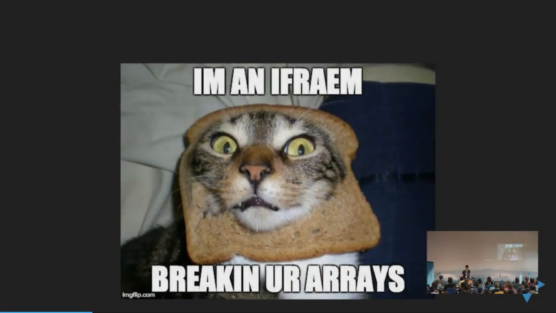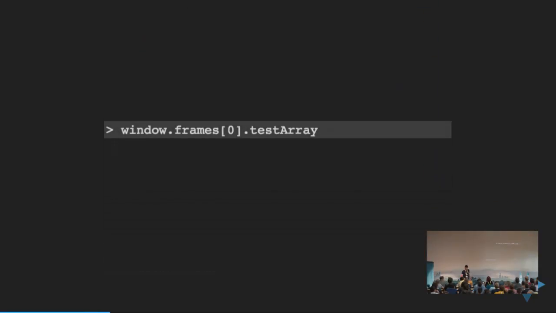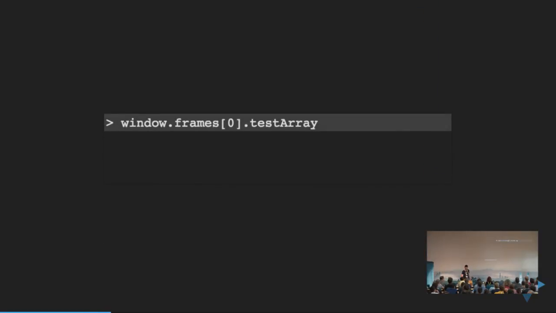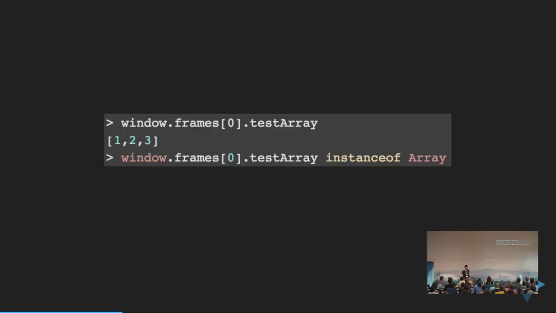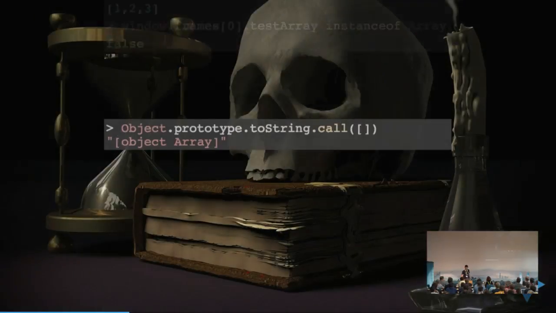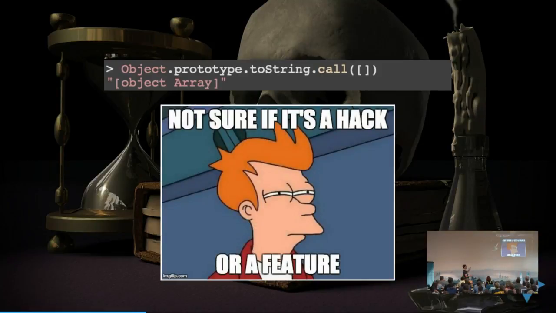Okay. So iframes break instanceof Array. And that's because if we have, for example, this test array here in an iframe, and you use the instanceof Array operator to check whether it's actually an array, it's going to return false, because Array stays in the main frame. So there is a nice hack or feature that we can use to check whether it's actually an